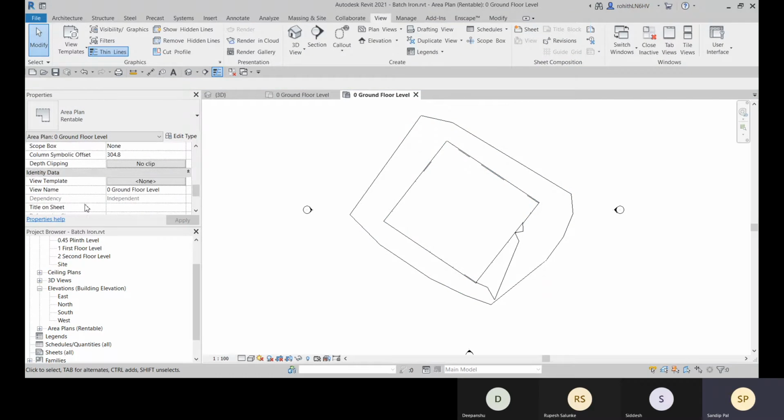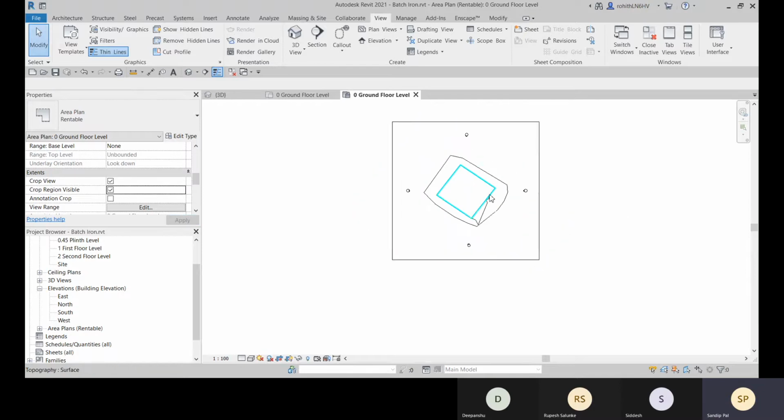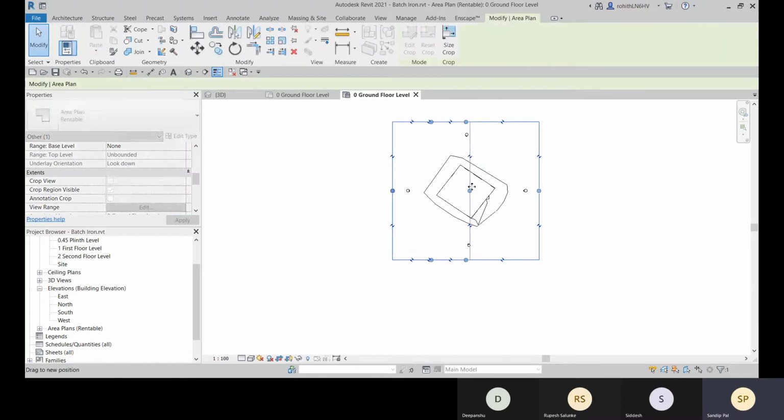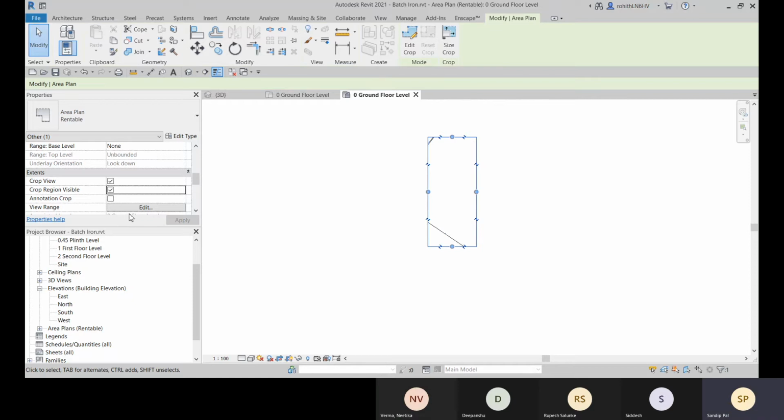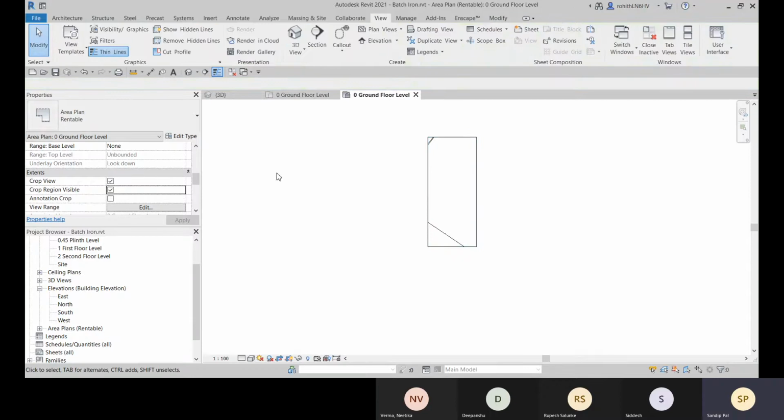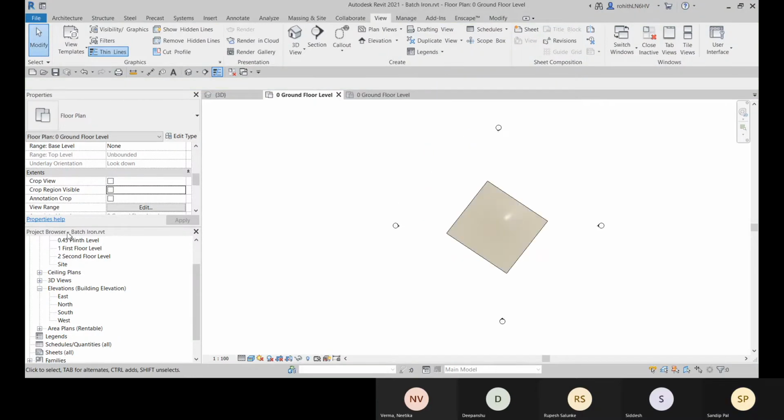There's view range you can edit, and you can also add a crop view. So for that you can create up to this view, and for this particular view you can make some changes, how much it will be included within this floor plan. So there you have this view range option. All right, so that is possible. Fine. That comes under view range.